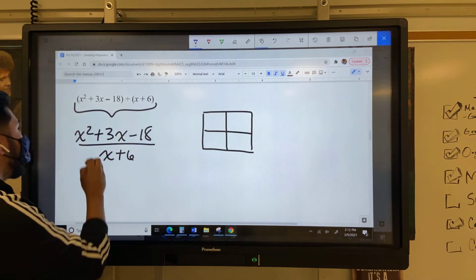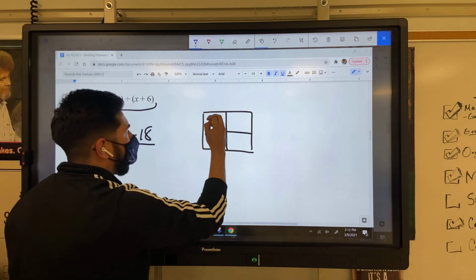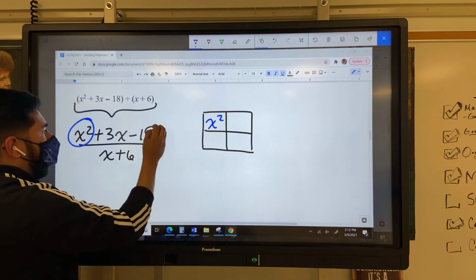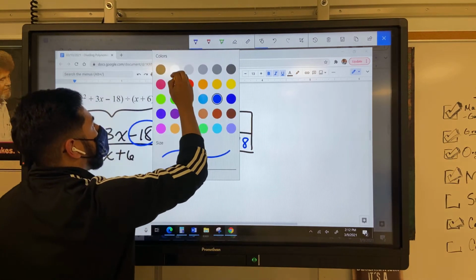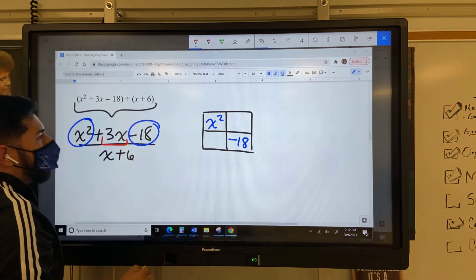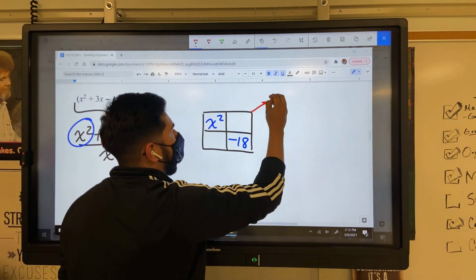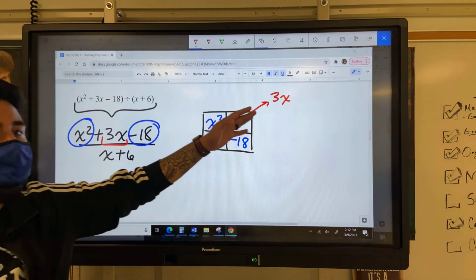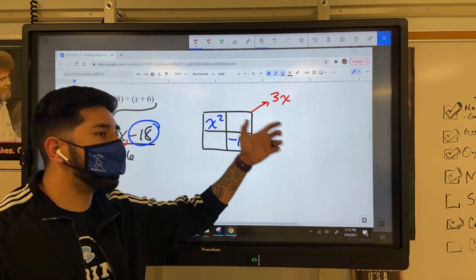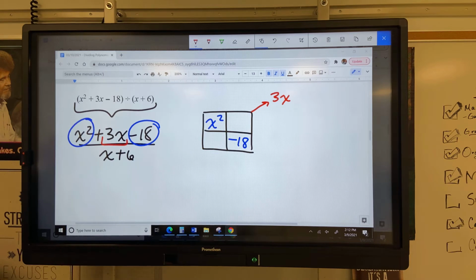Put some blue. x squared, negative 18, positive 3. We should know that this adds to positive 3x. That's just a double check for us, okay? That's just letting us know if we're doing it correct. And now,